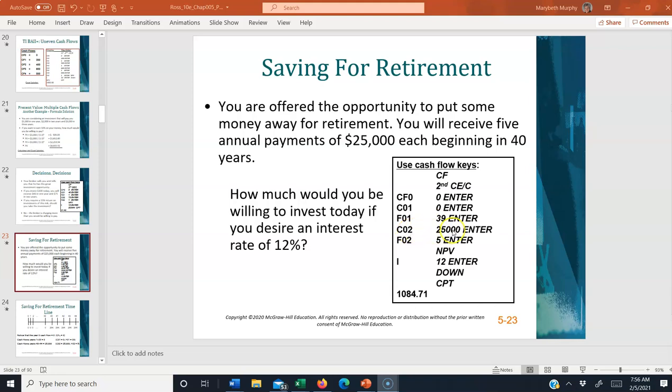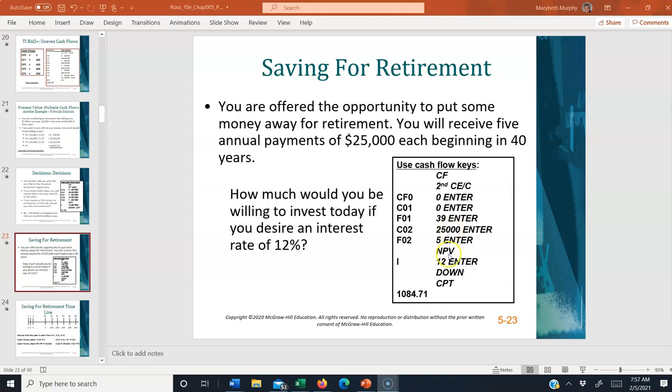We're going to get 25,000, hit enter. And then the F02, we're going to hit 5 because that cash flow is going to happen 5 times. Otherwise, you could go in and hit C03 25,000, enter, F03, you could go through it each time. Instead, you can type in 5, enter, because that'll tell us for the next 5 years from year 40 to year 44, I guess that would be right, you're going to get